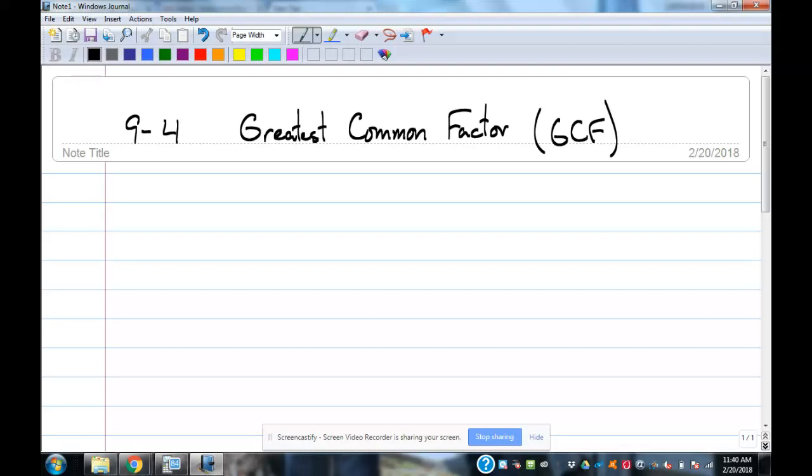Okay. So greatest common factor is the main vehicle or the main muscle for factoring polynomials. So we're going to take the things that we multiplied together and added together and did all that stuff with the last couple of weeks. We're going to undo that by factoring them. So we're going to start with what we got as answers and go backwards and get the factors that go with that. So what it means to be a factor